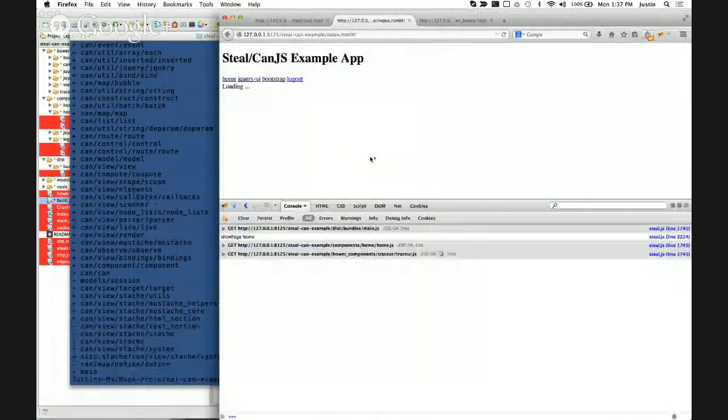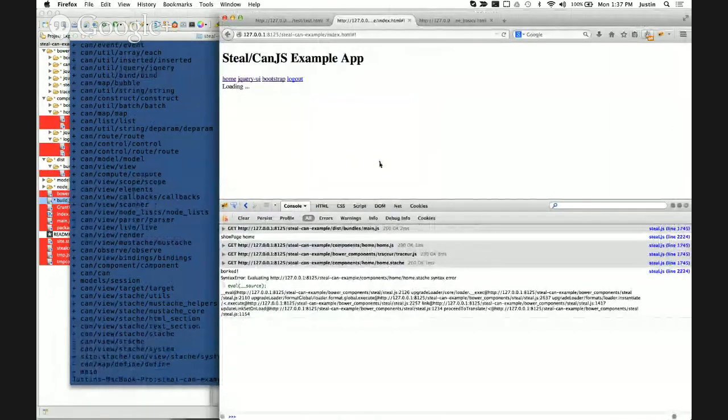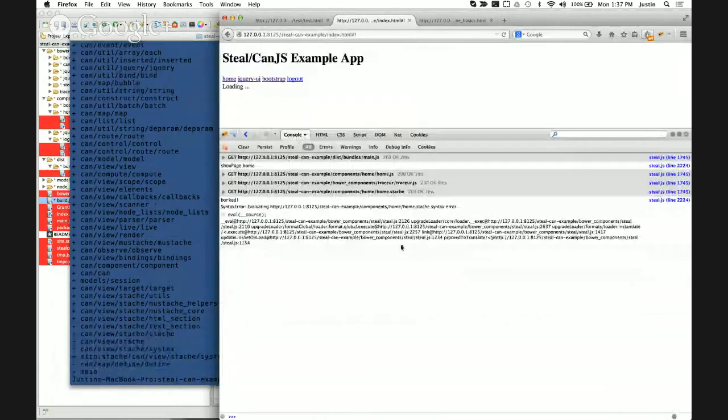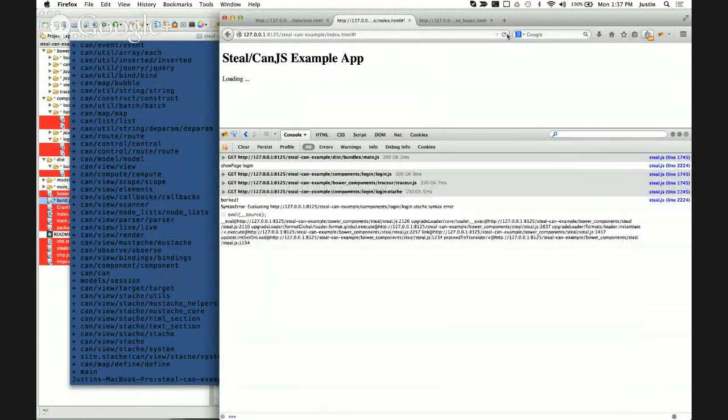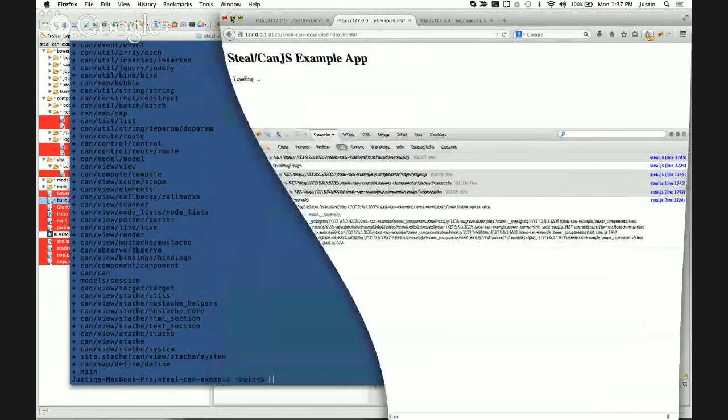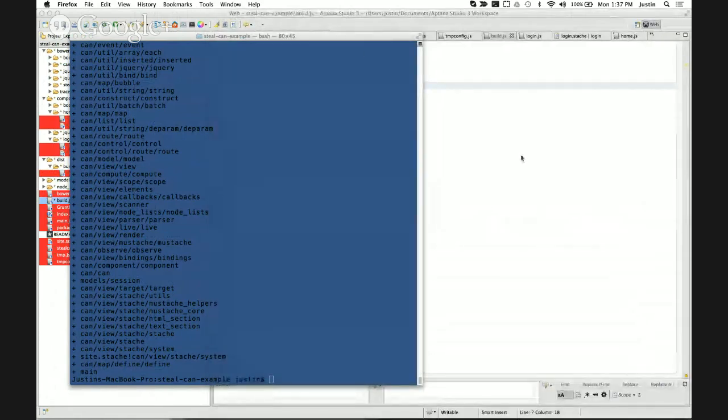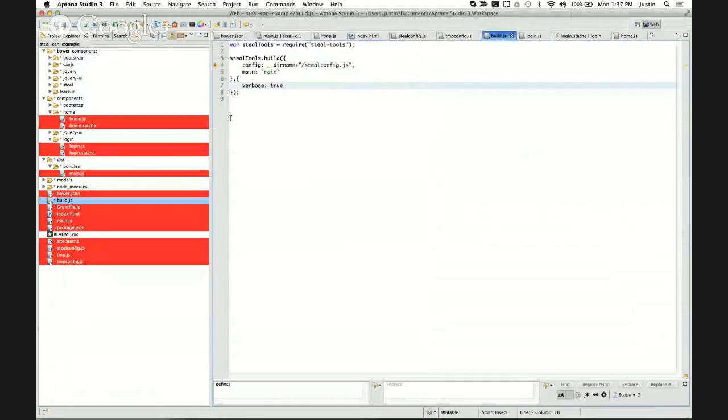So now it doesn't work. I don't know what I changed that broke this. Something with stache, something mustache it doesn't like. I've never seen that work, so. Okay, there's something wrong with stache in building. I will have to get that to work. I basically got parts of the build to work right before this talk, but I will get the rest of it to work